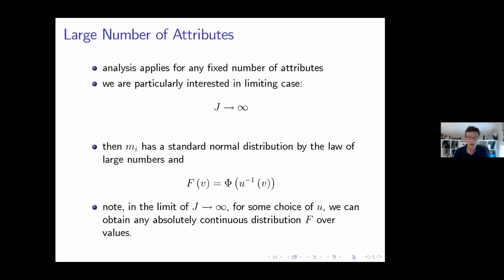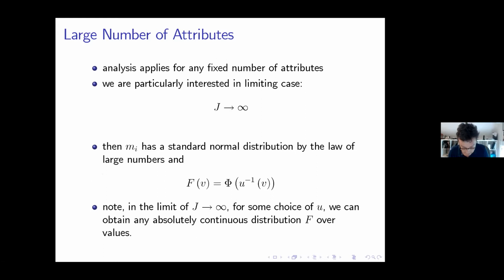Okay, and just as Sergio has anticipated, in the case that we had many attributes, this is just going to move to the standard normal distribution, and then feeding it through the valuation function generates a distribution of values that is quite flexible in terms of what this distribution is looking like. I apologize if I'm going a little bit fast, but I hope that's okay.